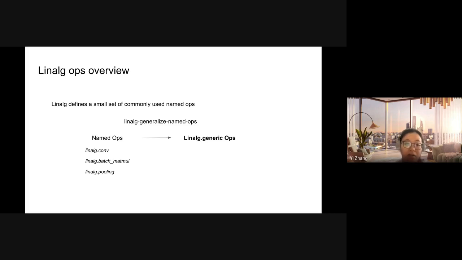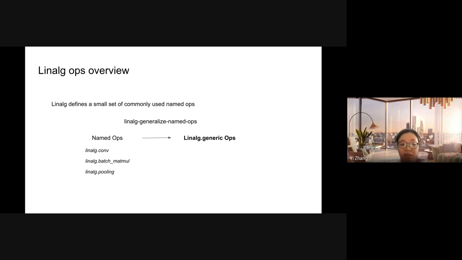The Linalg dialect already defines some commonly used named ops that users can use out of the box, like Linalg.conv, Linalg.batch_matmul, and Linalg.pooling, etc. But under the hood, those ops are lowered to the Linalg.generic op.